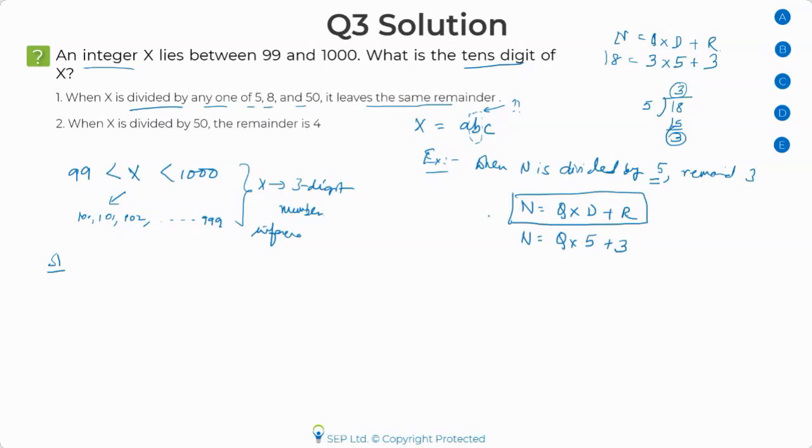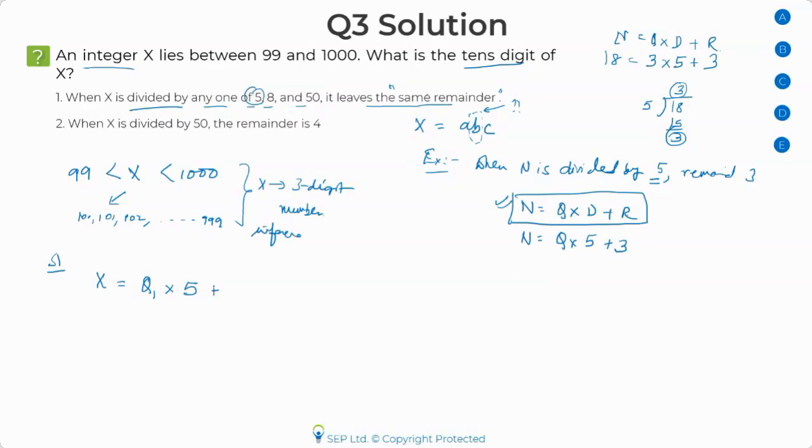Now with this information, let's go back and try to set up the equation. They're telling me in this case that it leaves the same remainder. The problem here is that I haven't been told what that remainder is. I know when x is divided by 5, so I can write x = q1 times 5 + r, where the quotient q1 I don't know, the divisor I know is 5, and the remainder is r.